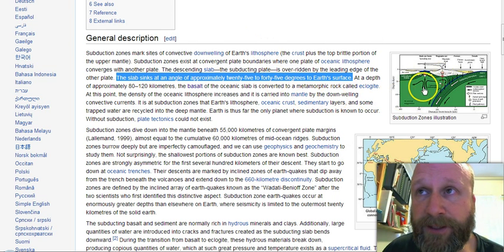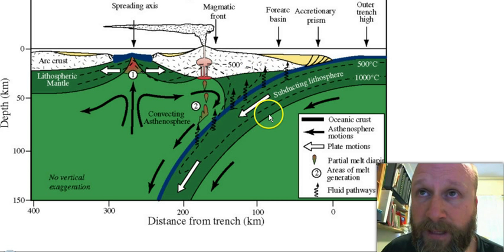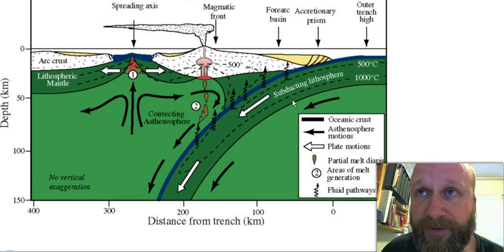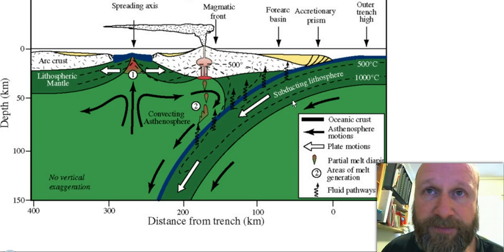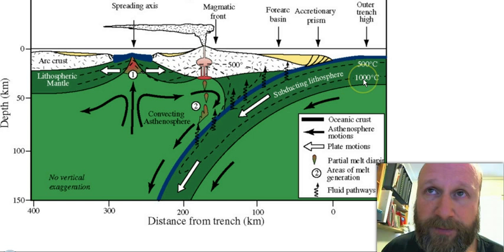This is a graphic from Wikipedia. The Wikipedia entry on subduction has this graphic here. If you click on that, you'll be viewing what I'm viewing. Now, I understand the graphic is indicative and isn't perhaps a scientific description at all, but essentially it gives the details that I need. It's saying here 500 degrees, 1000 degrees Celsius.